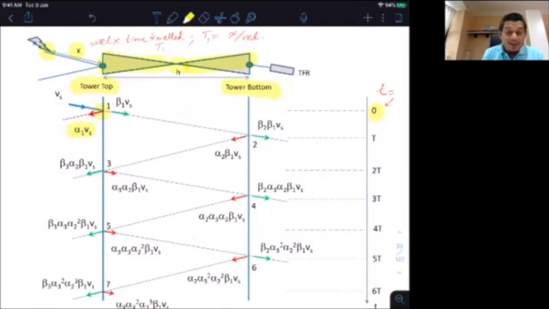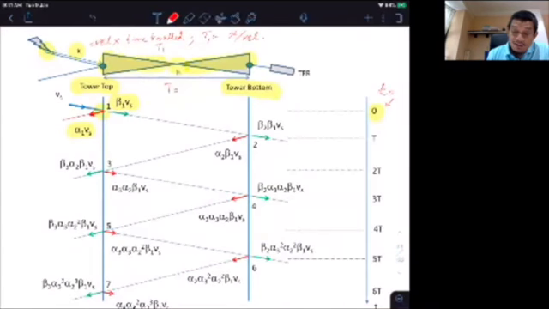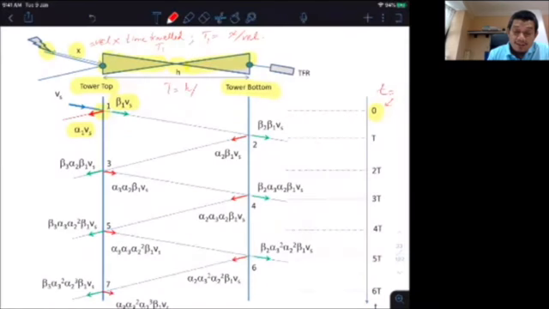So beta 1 Vs is actually the voltage that goes into the tower. And then it will travel a certain time until it reaches the bottom. So T here is equal to H divided by Cs, Cs being the speed of propagation inside the tower. Now, when it reaches the bottom of the tower, it gets reflected again by alpha 2, as you can see